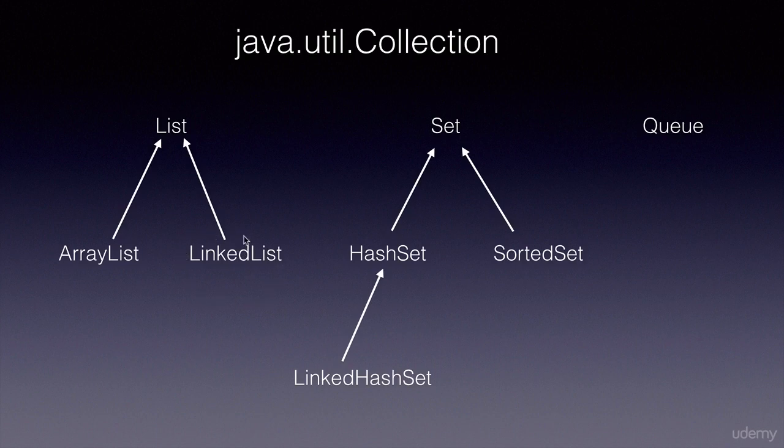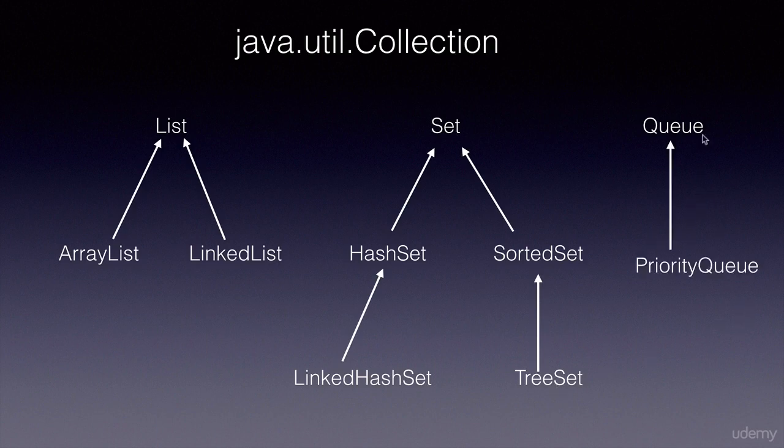Wherever you see the word linked, you can take it that that particular collection maintains the order of objects in which we add them to the data structure. It's not the sorting order like ascending or descending, but the order in which we add the objects. On the other hand, the SortedSet is implemented by a class called TreeSet. SortedSet is a child interface of the Set, and it is implemented by TreeSet. Wherever you see the word tree in a collection, you can take it for granted that it's going to sort the objects that we store into it, either ascending or descending. More about that later on.